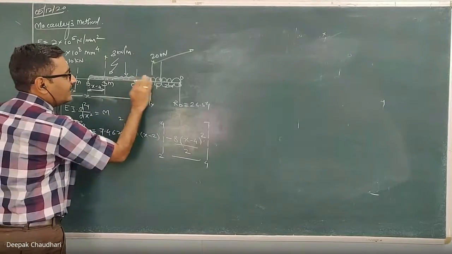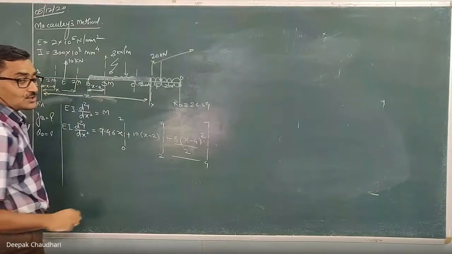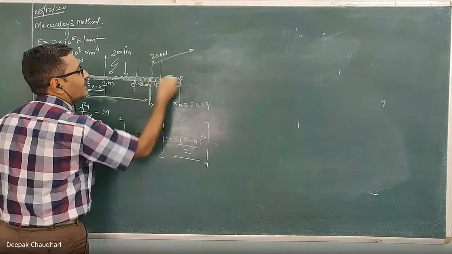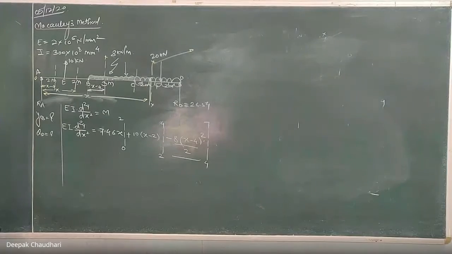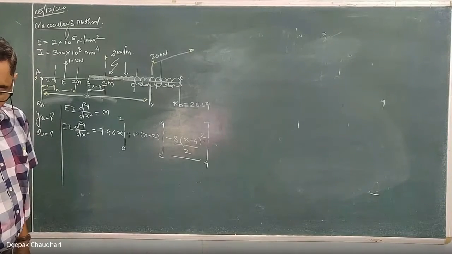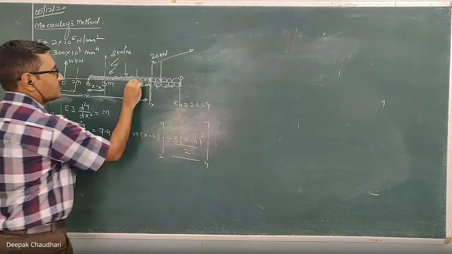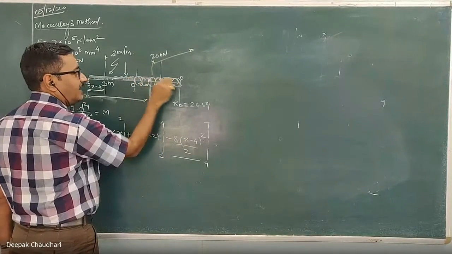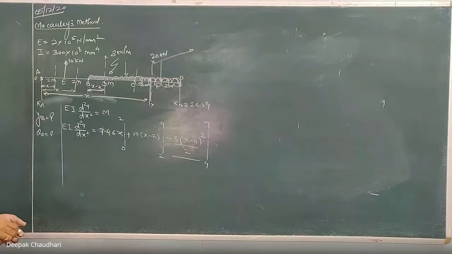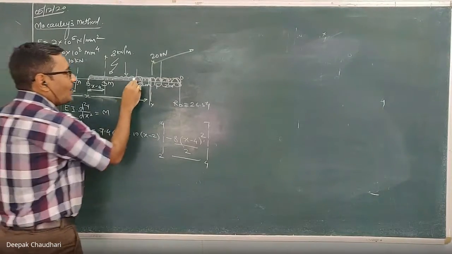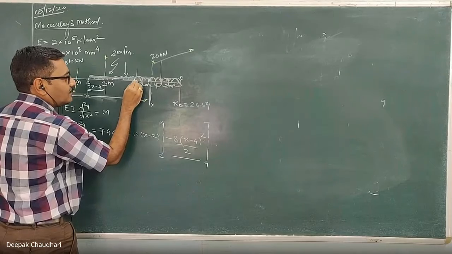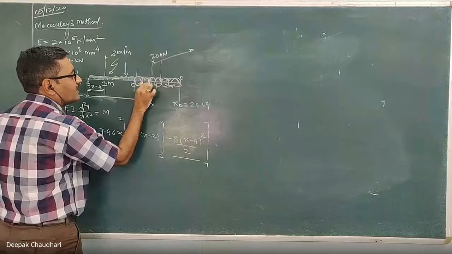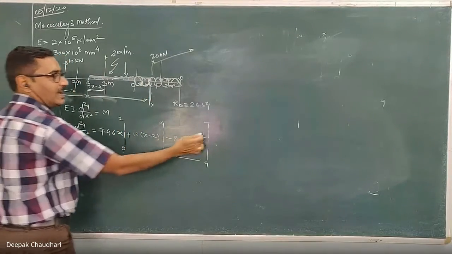If this UDL was not there, this equation would not be valid, and that's why, to make it valid, we have to add the additional UDL up to the end of the beam. I hope you have understood this point. To make this term valid, we are adding this additional UDL. Now to compensate for this, we add this upward UDL also. Now we have to take the moment of this upward UDL.